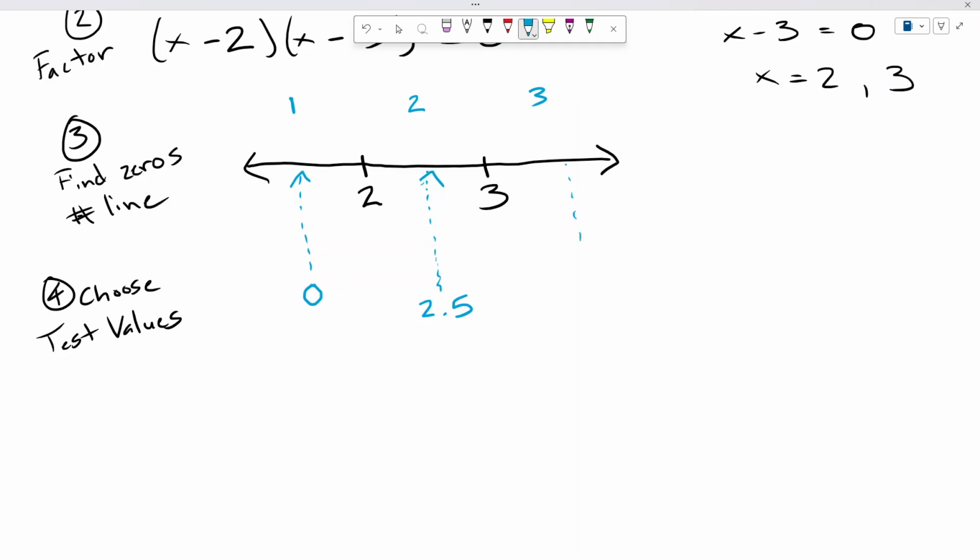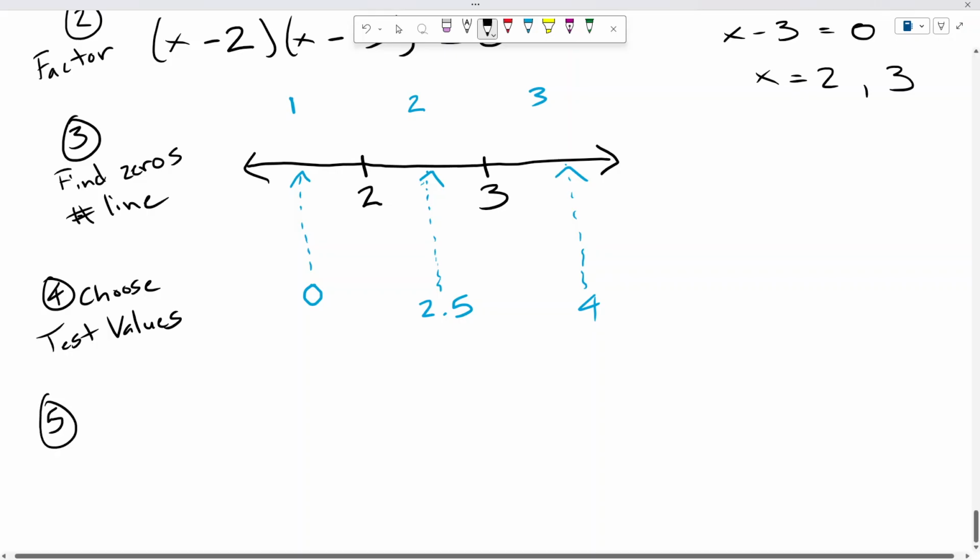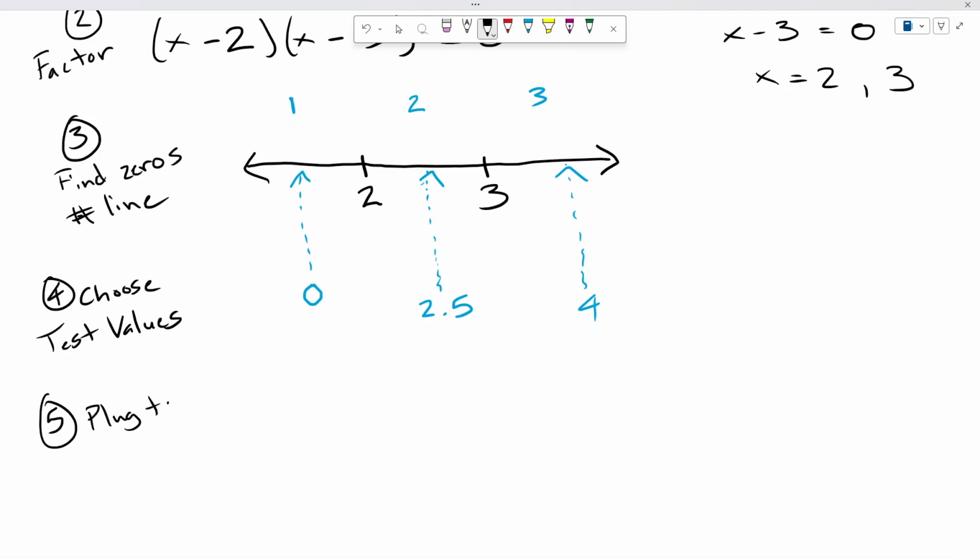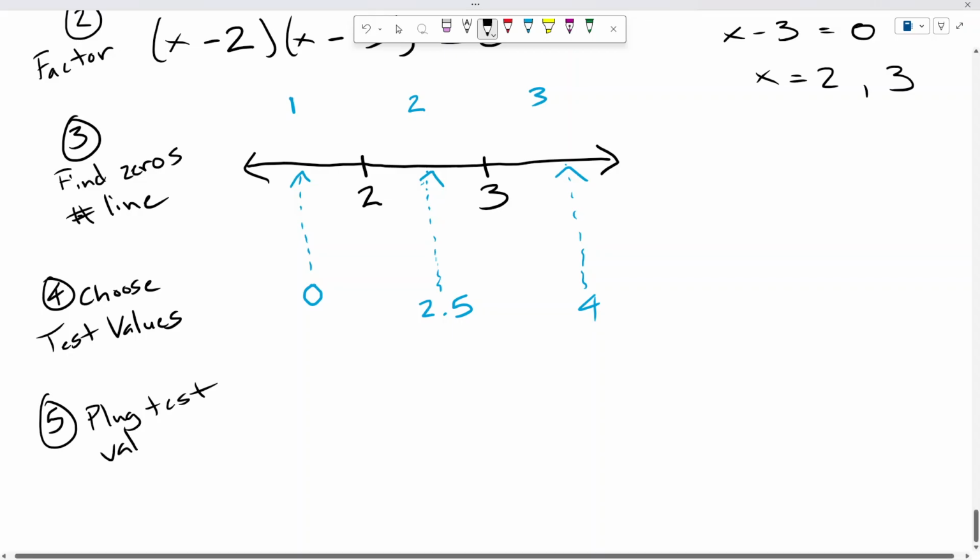And then here, our test value, let's just do 4. All right, so now that we have our test values, our next step is going to be plugging those test values into the original inequality. So plug your test values into the original inequality, and we'll